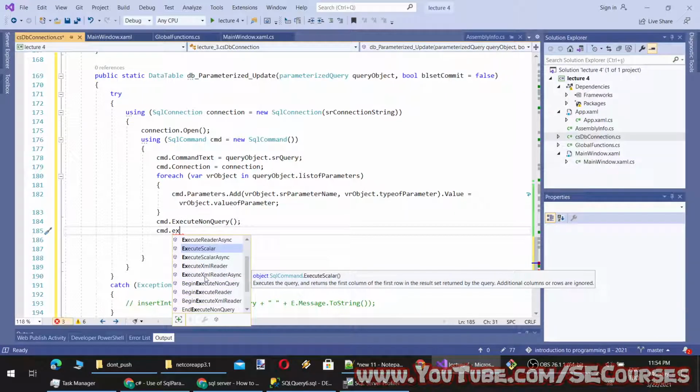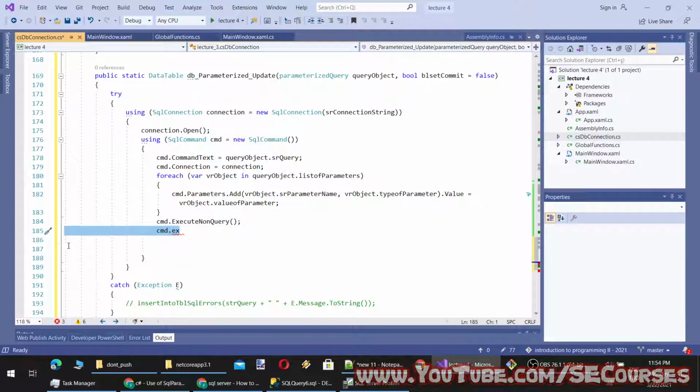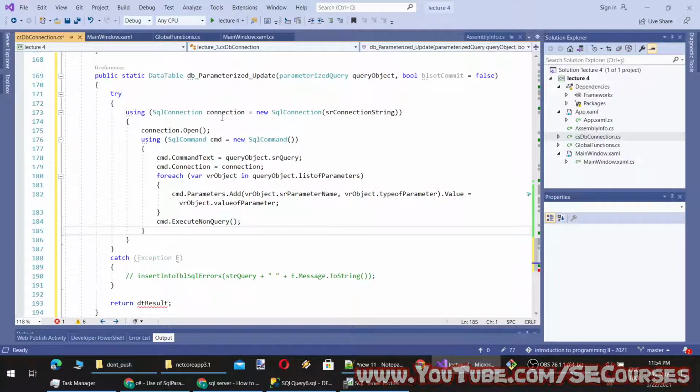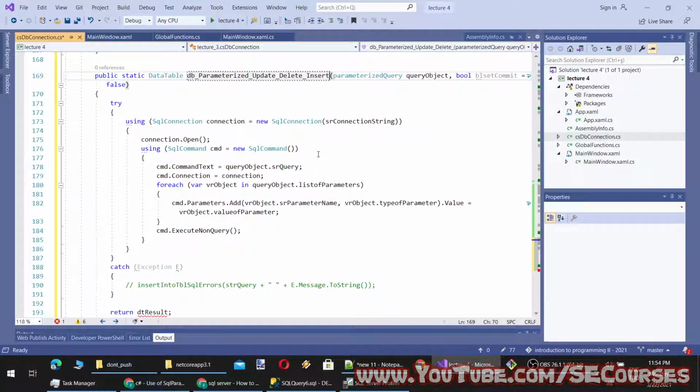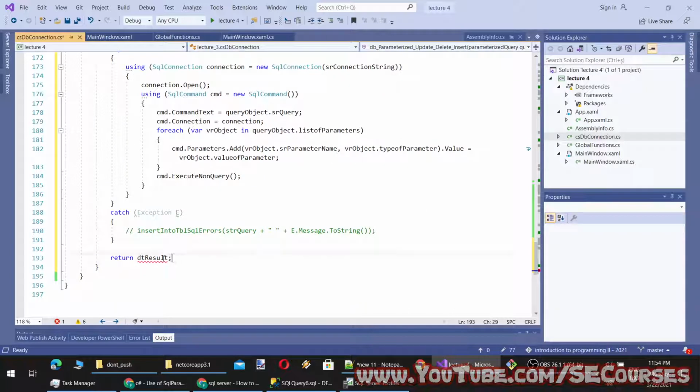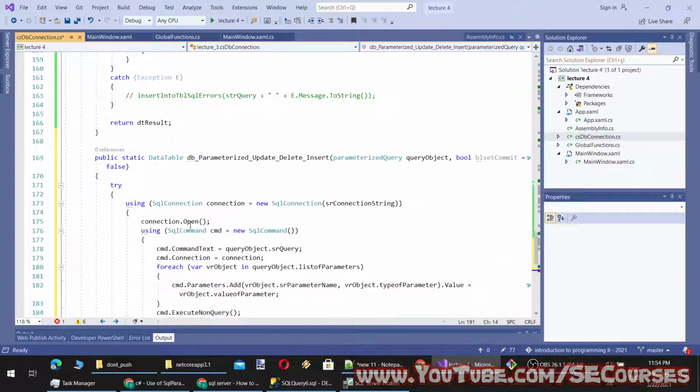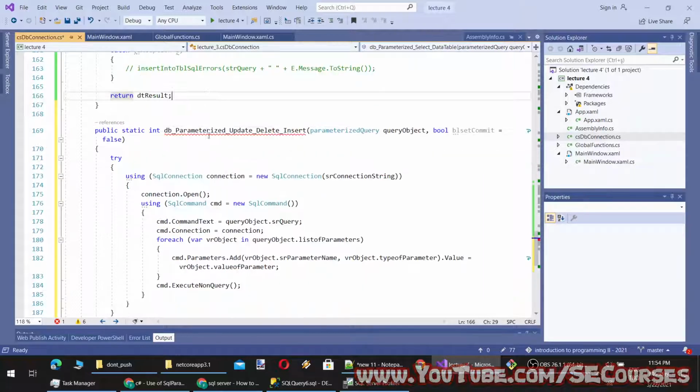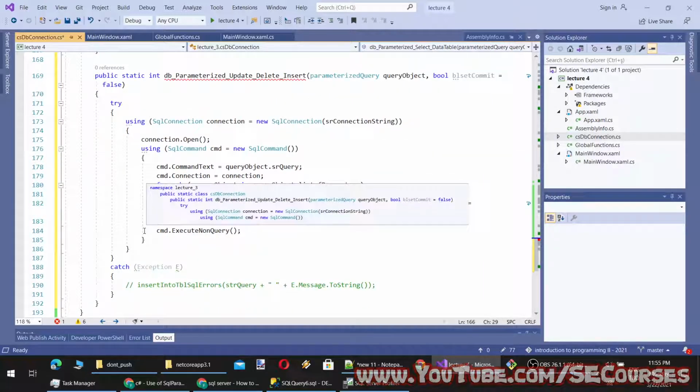Also there are some other execute options. We just need execute non-query, and we can use this for update, delete, or insert. It also returns an integer for the number of affected rows.